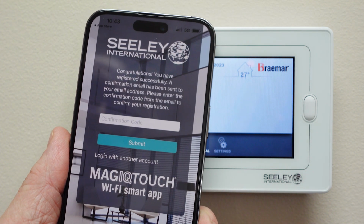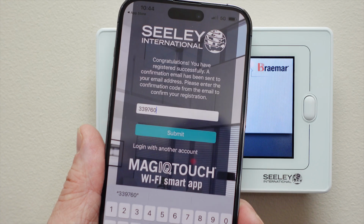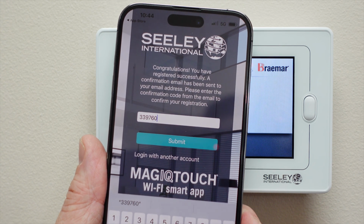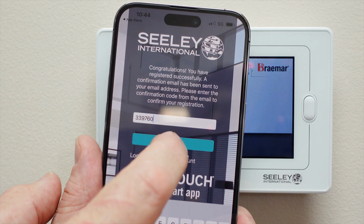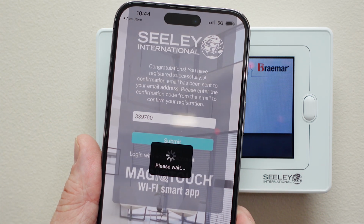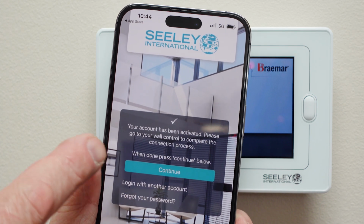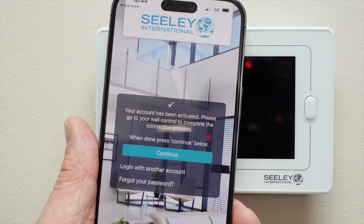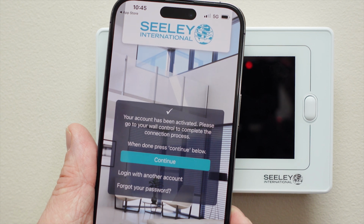You'll now get a confirmation code sent to your email, which we need to enter on this screen. The confirmation code we received was 339760, so we've entered this into the screen here and we hit Submit. Now it says your account has been activated, select Continue. We've now entered the confirmation code and hit Continue, and we now come up with this screen where we're required